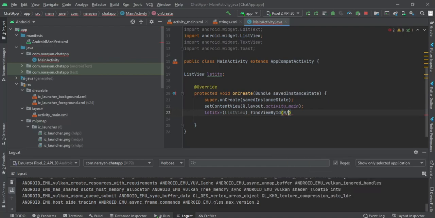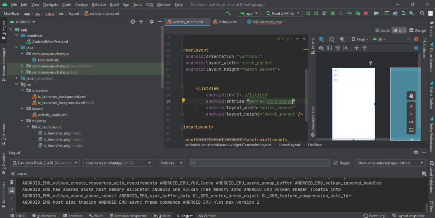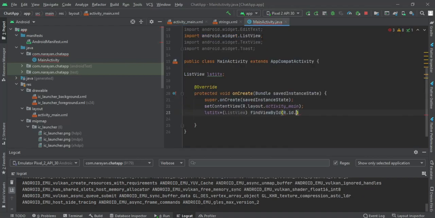Here lstitx is equal to, let's typecast whatever we are taking into a list view, findViewById. What findViewById does is find components using the id, so this is the id that we provide. After you get this, in the previous video you might remember, for the button we used the on click listener.